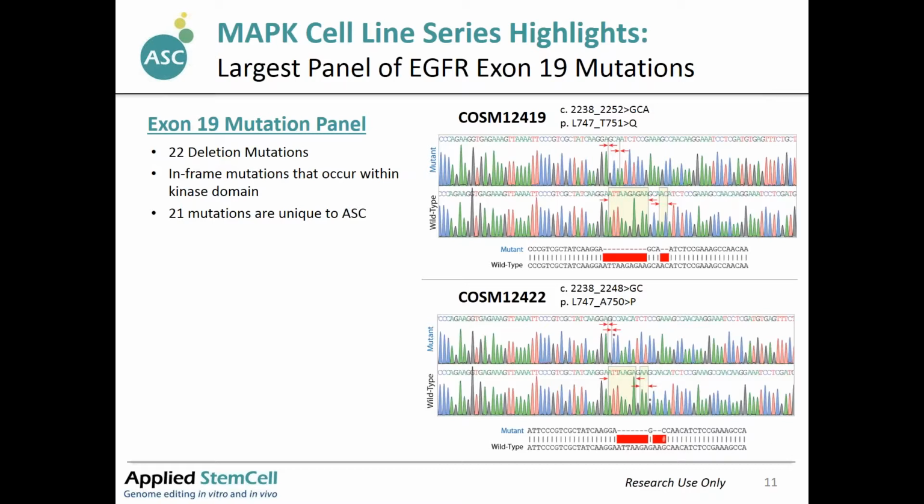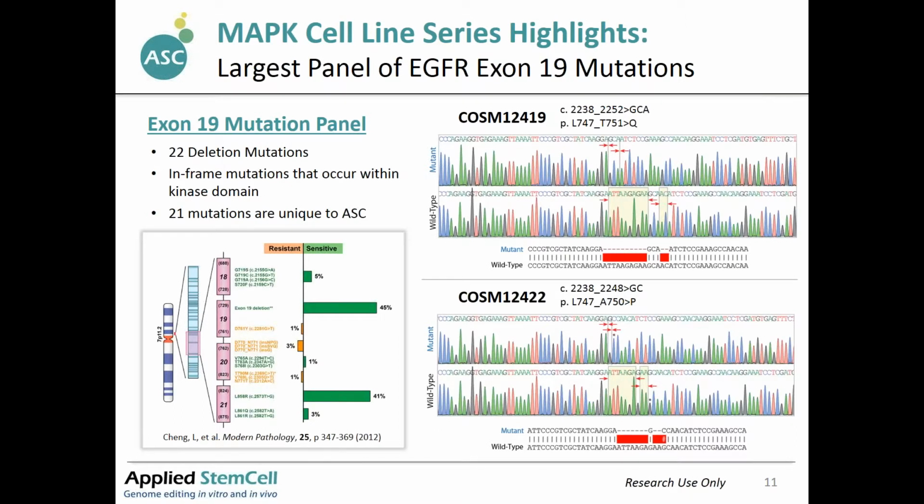And these mutations within exon 19 actually have clinical significance as well. It's been shown that deletions within exon 19 can result in enhanced sensitivity to anti-EGFR therapies. And so these mutation panels can be useful for a couple purposes. One is for biological applications, using the cell lines to better understand this pathway and why these mutations impart sensitivity. And the other is to use as potential reference materials for developing assays by which you can detect these deletion